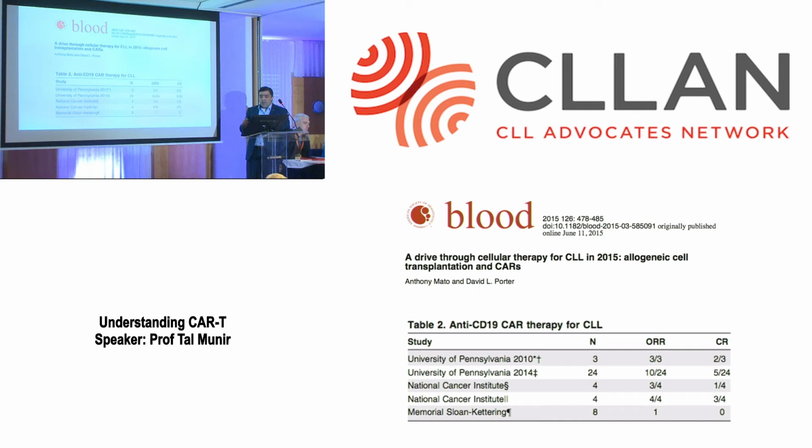answer. If you see a slightly different construct of the CAR T cells, the NCRI group had a good response, whereas the Memorial Sloan Kettering one wasn't very good. So it's very important how you design the CAR T cell. So in myeloma, it's not CD19 that we're using, it's BCMA, the target, and the co-stimulatory molecules are very different. So for each cancer, we have to be clever and see which is the right way to stimulate those